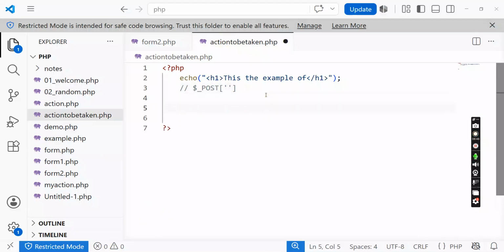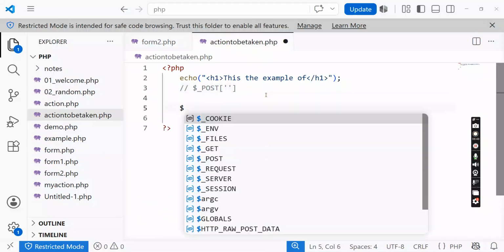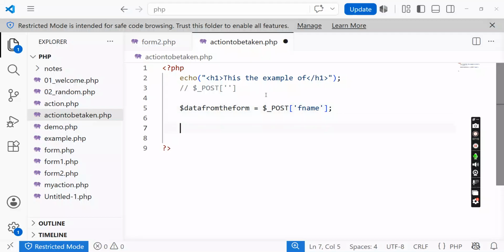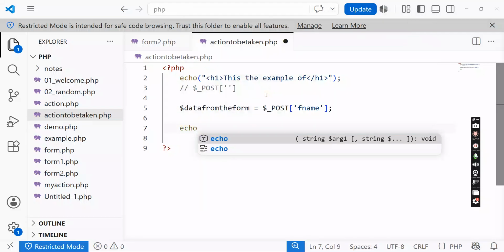So I will take a simple variable, how to declare a variable, say $data_from_form. This is the variable name, is equal to, what I need to do, $_POST. It is referred to as a super global. So inside the brackets, I need to define the name of the parameter that we want to catch. That was fname, I suppose. Fname was the name of the text box in the form on the other page that was containing some sort of data, semicolon. And now to print that data, again, I need to use echo, say